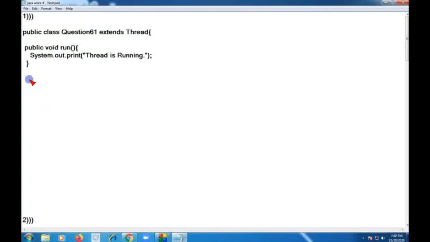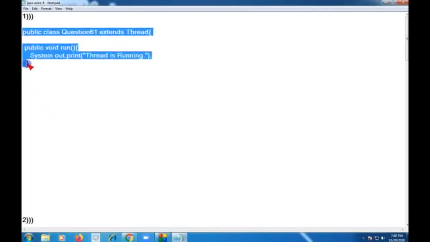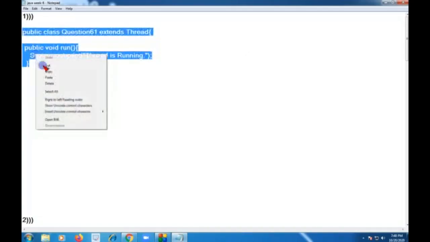First I'm going to copy this. After that I will zoom this, copy and paste it here. First of all, clear this function and paste this here, and I'm going to zoom this for you.